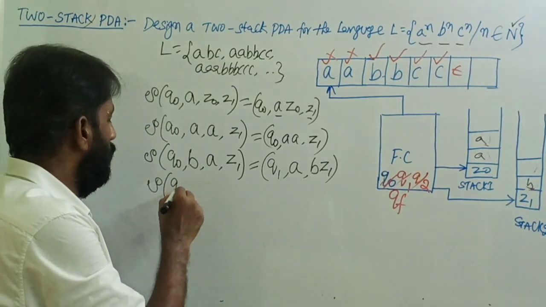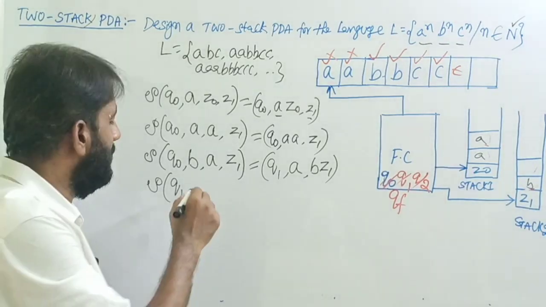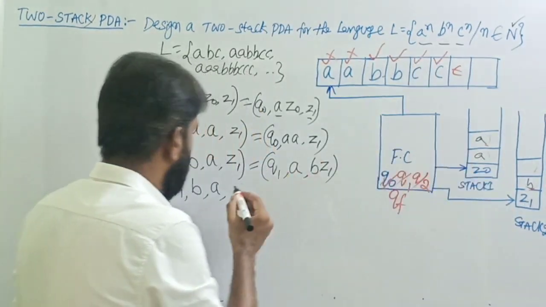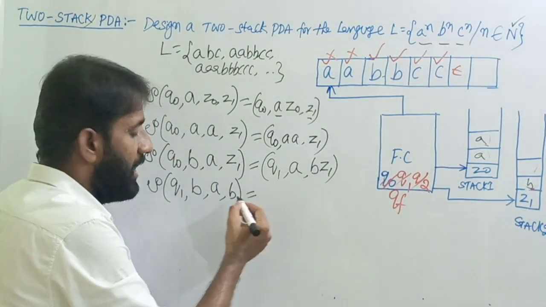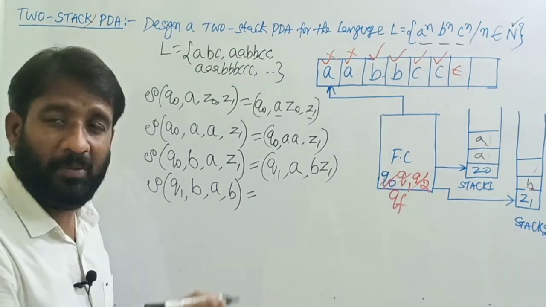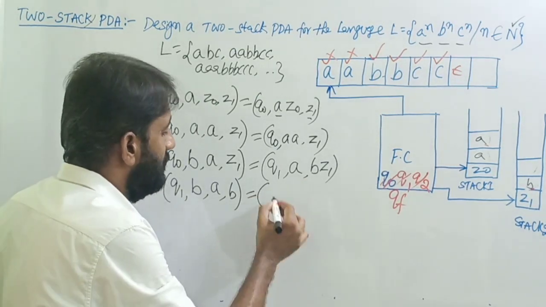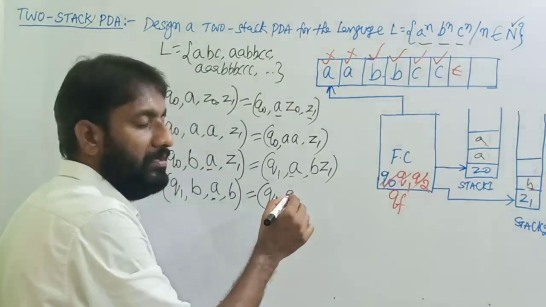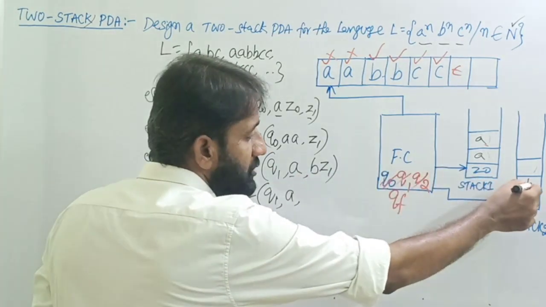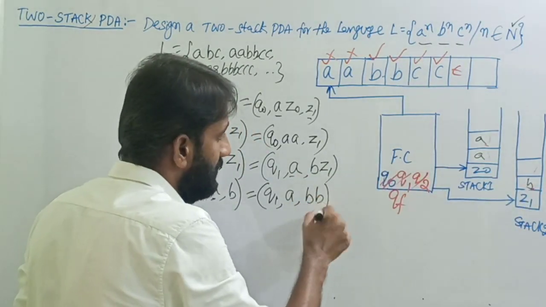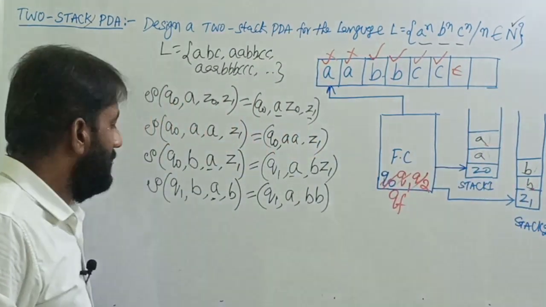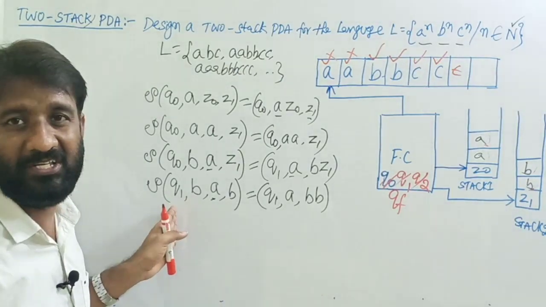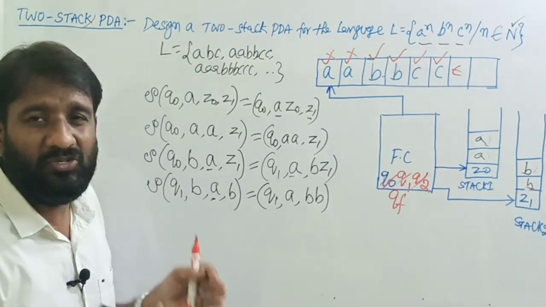transition of Q1 comma B, let's assume that we have one more B. What is top of the stack 1? It is A. Then what is top of the stack 2? It is B. So add B onto the stack 2 without doing any operation on stack 1. That is equal to Q1 comma, top of the stack 1 is A only. Now we are adding B onto the stack, and B is already top of the stack, so if you add, it is B B. If there is more number of B's, add B's on the same transition. You need not try a different transition. Okay. Then let's assume that all B's are exhausted.